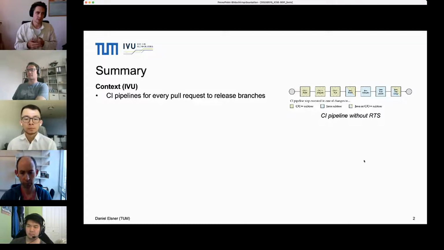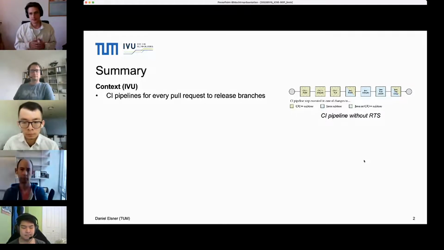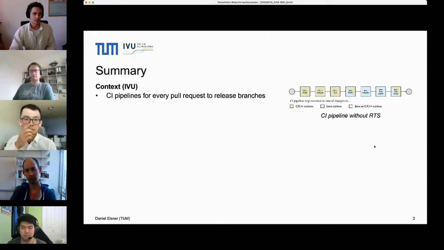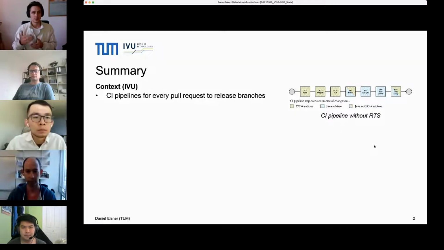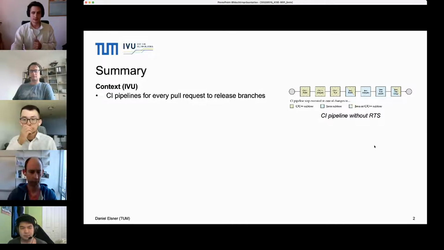And whenever you make changes to one of the subtrees, certain steps get triggered and other steps won't. And if you have, for example, a change to the C++ subtree, it's specifically interesting because in this case, also the Java code base has to be built and tested. And this is due to a lot of cross-language links that are prevalent in the software. So they use the Java native interface to have some cross-language links implemented. So Java code, Java tests will actually use some dynamically linked libraries, C++ code, also throughout their execution.